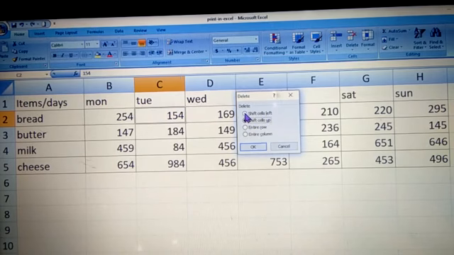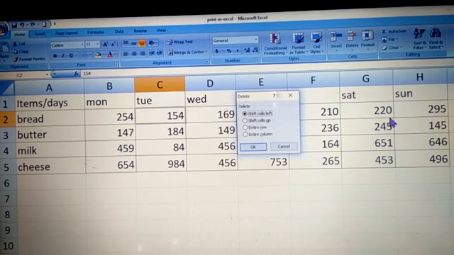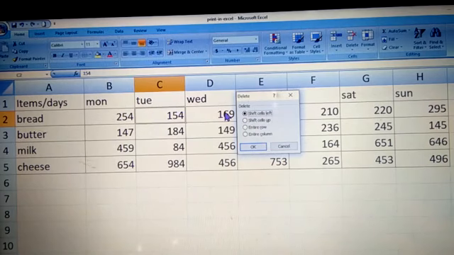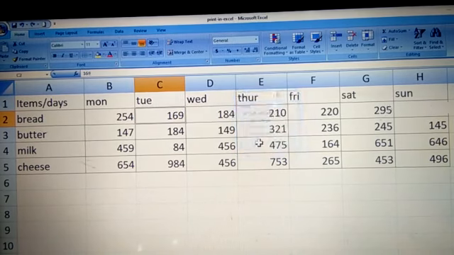If I choose this, 154 will vanish, and we will get one less value, because in its place 169 will come and accordingly everything will shift towards the left. Let's see the result. Can you see? 154 has vanished and all the data shifted towards the left.